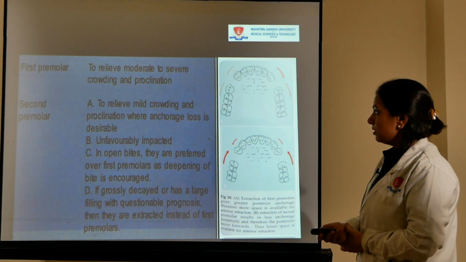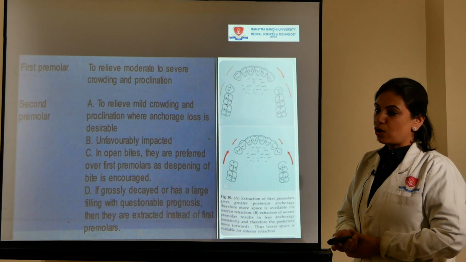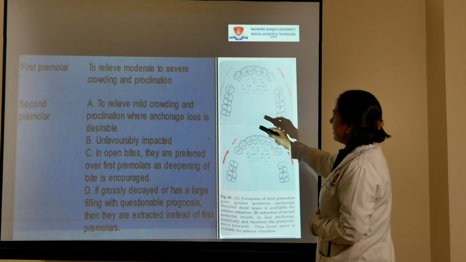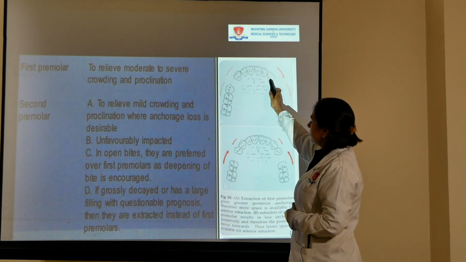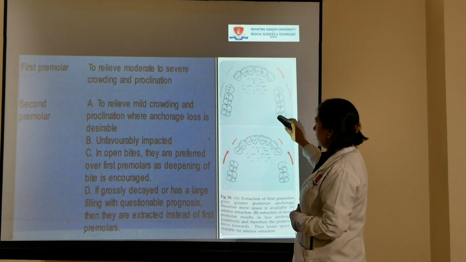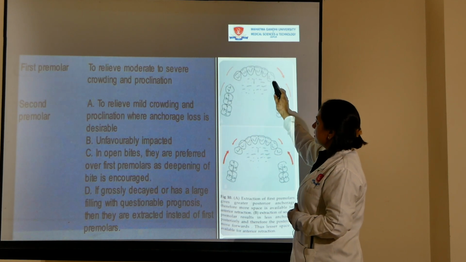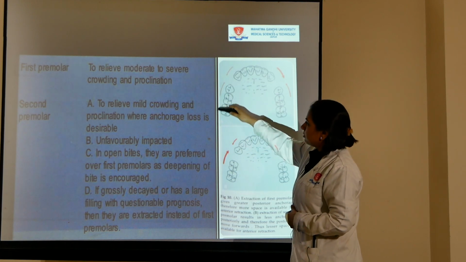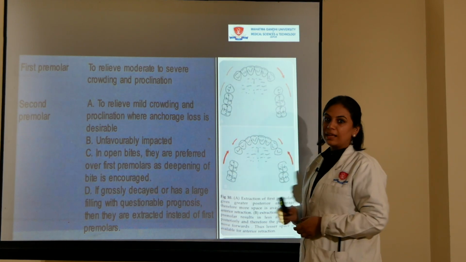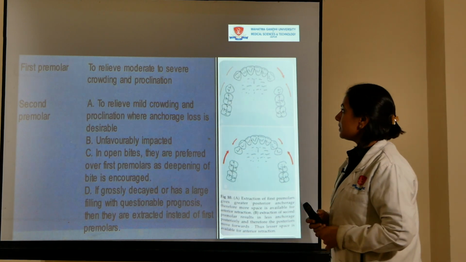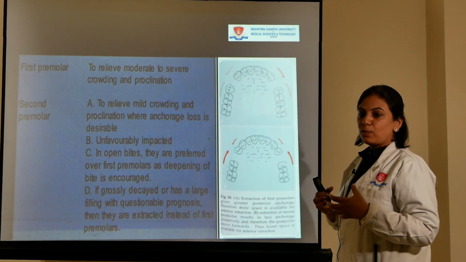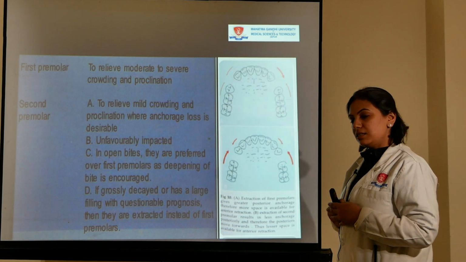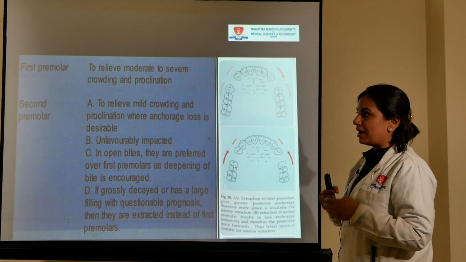Now first premolars are the teeth which are most commonly extracted for orthodontic treatment. Firstly, because they are in the center of the arch, they are close to the anterior malocclusion and the posterior malocclusion. So because it is near to the site of crowding, all the teeth get aligned. Secondly, these three teeth at the back form a good anchorage segment. So the anchorage provided by the second premolar, first molar and second molar is really good to retract the anterior teeth.